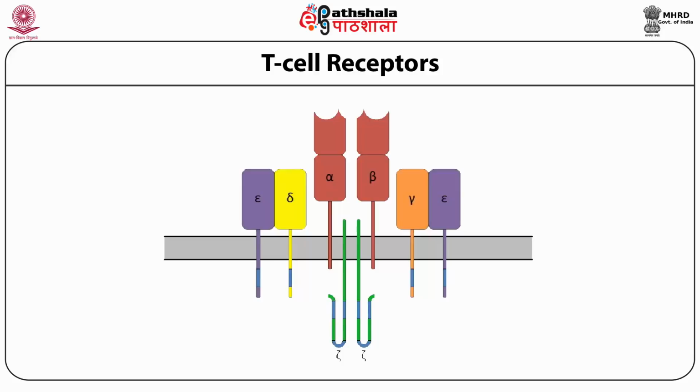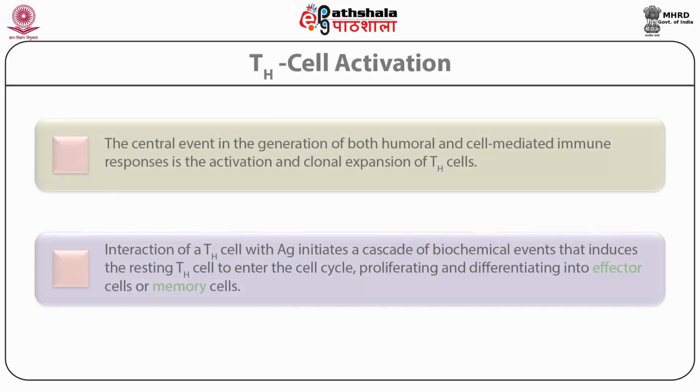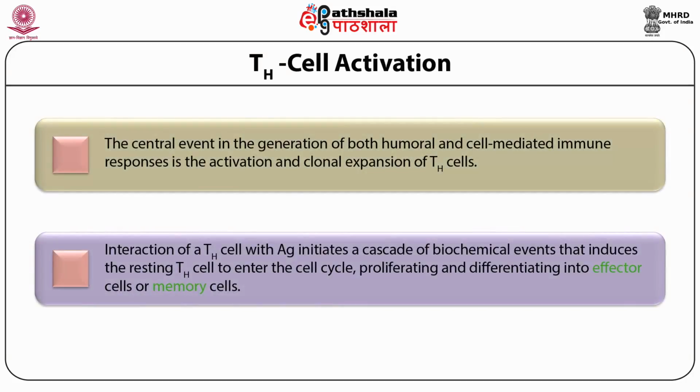All these receptors contain CD3 and other accessory molecules, and all constitute the T cell receptor. Certain of these accessory molecules, though present on the membrane, have a long cytoplasmic tail, and this contains a tyrosine containing tail,